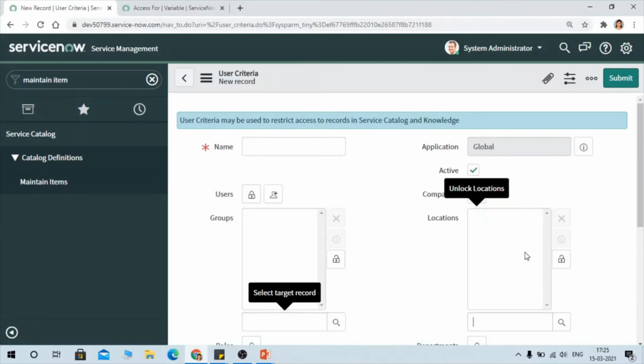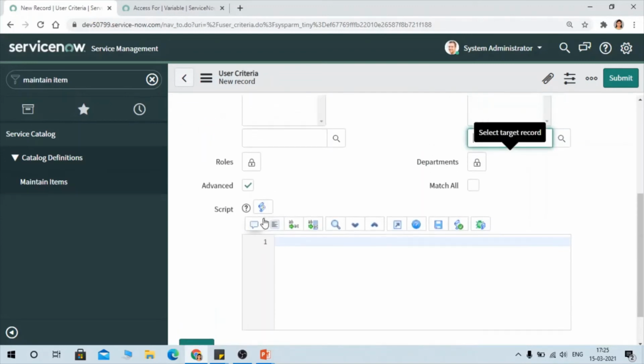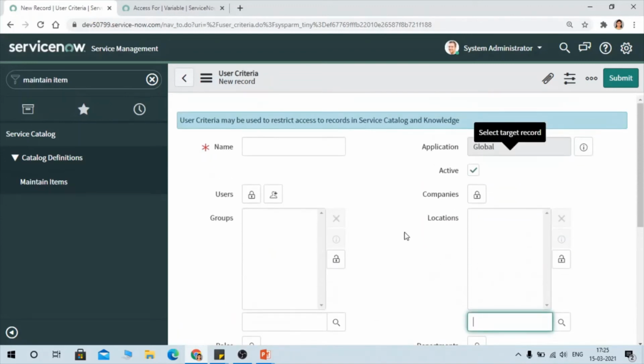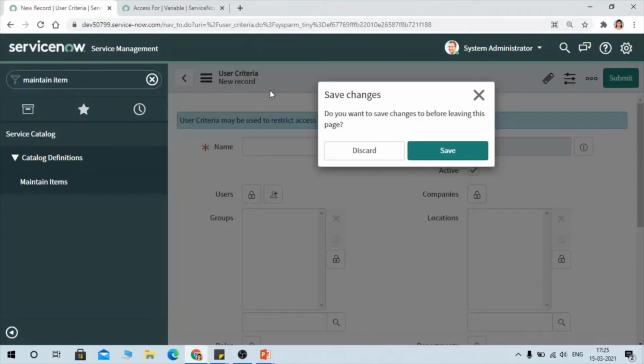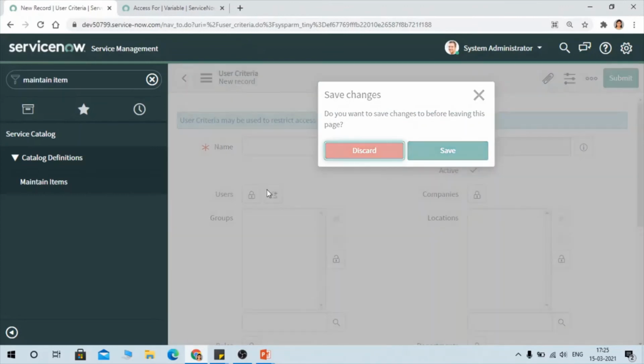This is on location, like we have lots of roles, departments. So yes, you can create it. Maybe now I don't want it, so I'm not going to create it, but yes, you have this table, user criteria, you can go and create it, and you can map that user criteria from here.